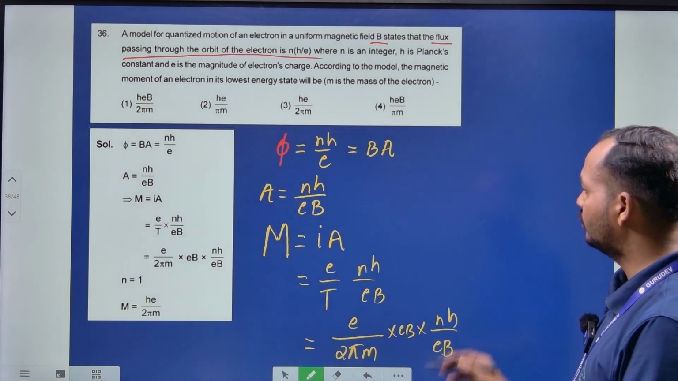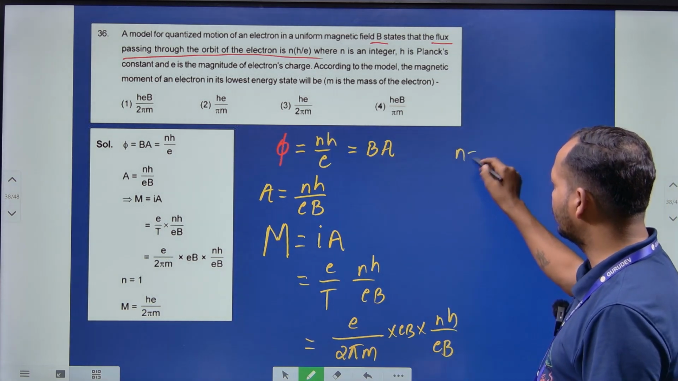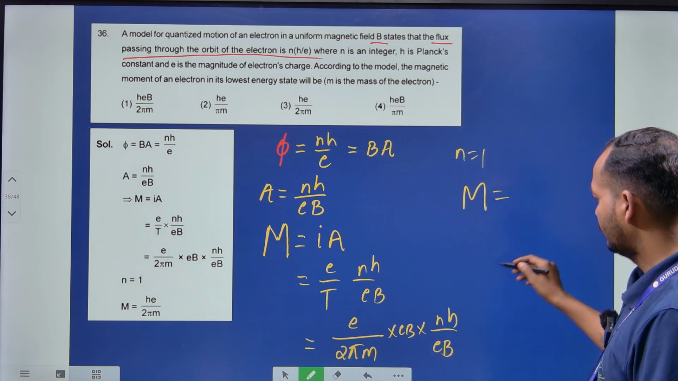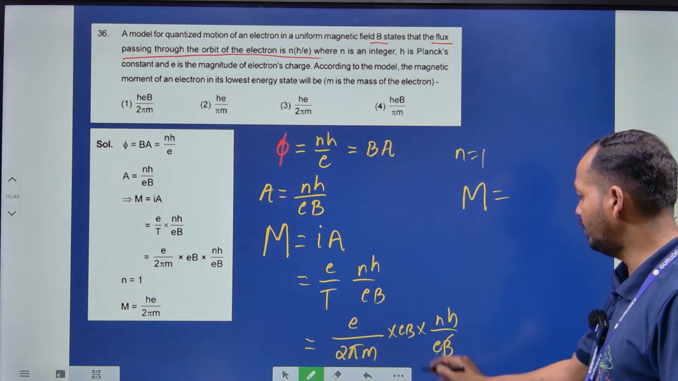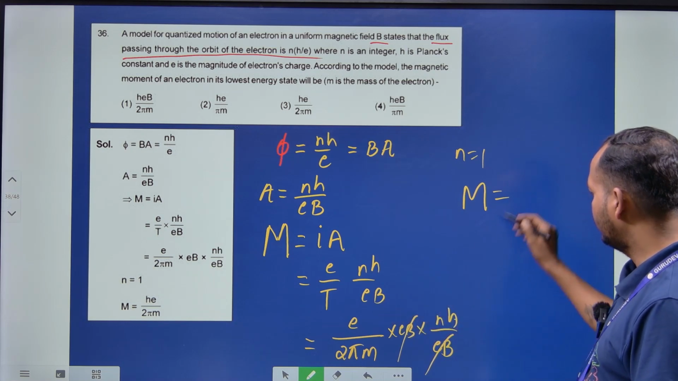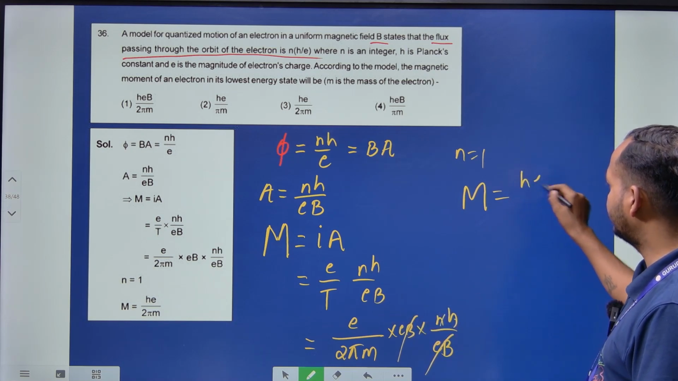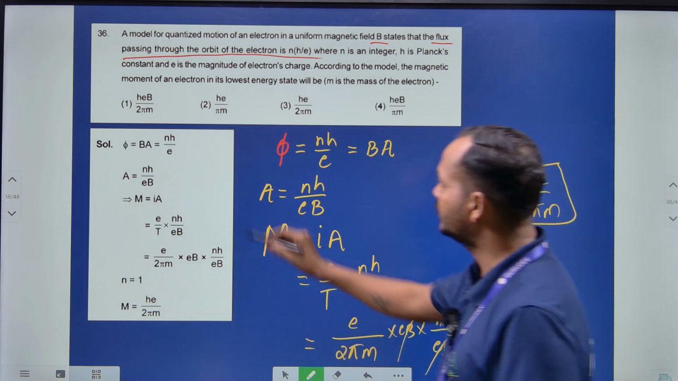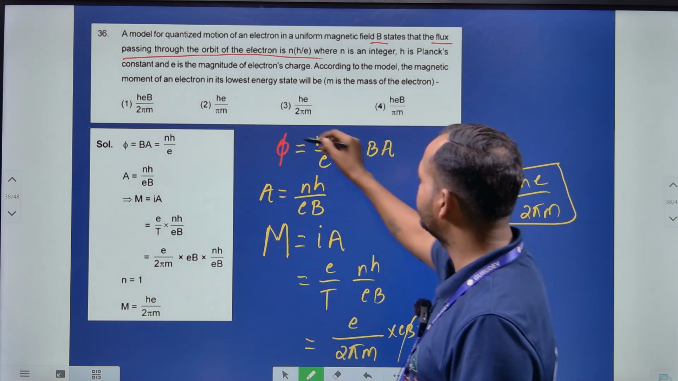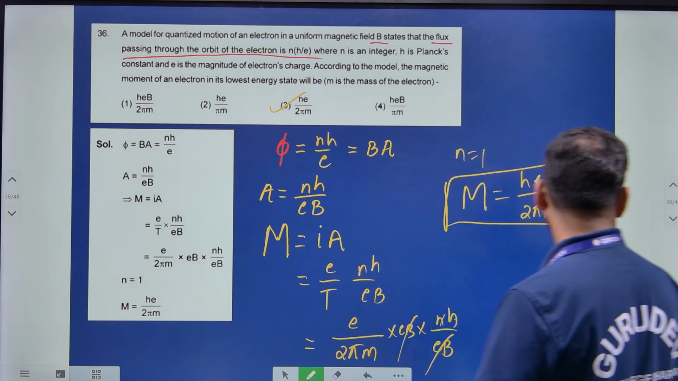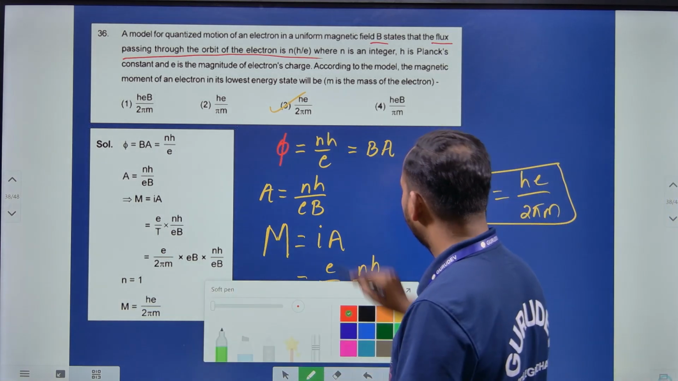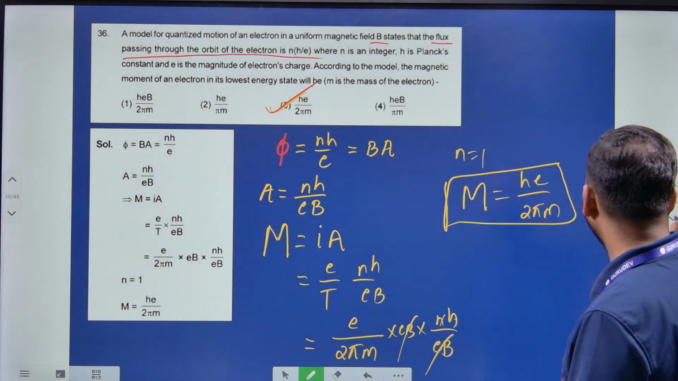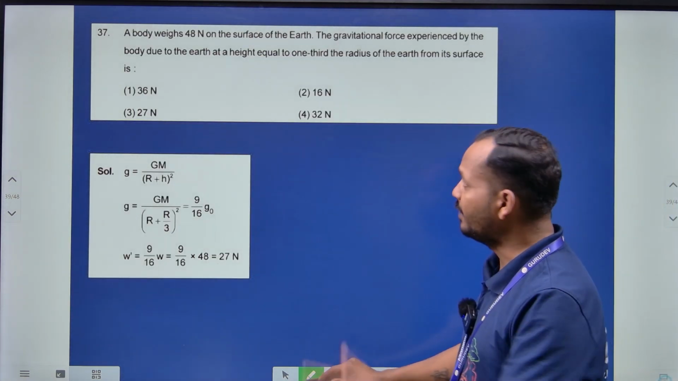ठीक है। तो यहां पे n इक्वल टू 1 कर दो, तो मैग्नेटिक मोमेंट इज इक्वल टू eB कैंसिल हो गया, n इज इक्वल टू 1 हो गया, he बाय 2πm। तो आपका आंसर यहां पे he बाय 2πm। तो ऑप्शन नंबर 3 हो गया, ठीक है, ठीक है बच्चों, डन। नेक्स्ट क्वेश्चन, ये तो ग्रेविटेशन के ऊपर है,